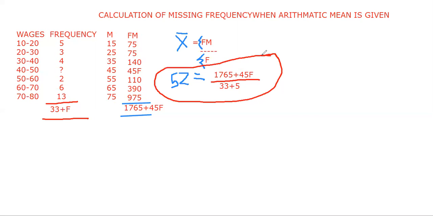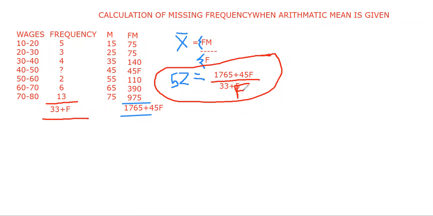This equation can easily be solved by cross multiplication, this is the basic rule. This is 33 plus f. So we have to solve the equation by cross multiplication: 52 into 33 plus f will be equal to